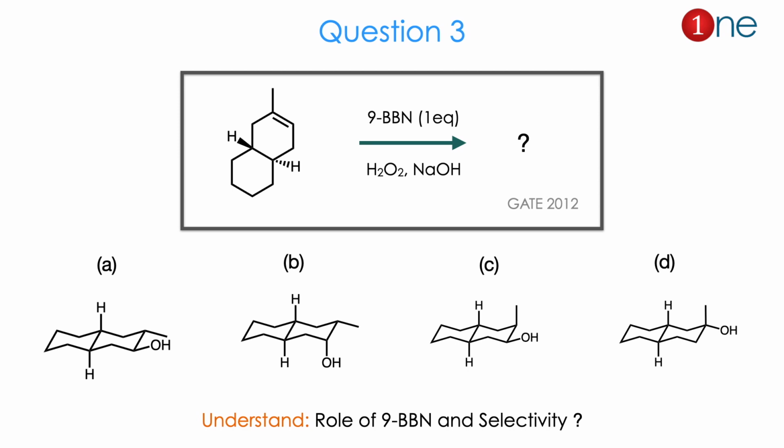Then question number 3. The starting material is a fused system with trans hydrogen. Then you have an alkene and a methyl. You are using 9-BBN. It's an interesting reagent. Then you are using peroxide and NaOH. They ask you to find the product. The product is given in the trans decalin, which is in the chair form. So you have trans hydrogen and OH. The question is really about where the OH attacks and the position of OH, whether it is equatorial or axial, whether it is syn or anti or cis or trans. So from the reactant to product you might guess the role of 9-BBN, what it is really about, and its selectivity. The answer is A. Let us see how.